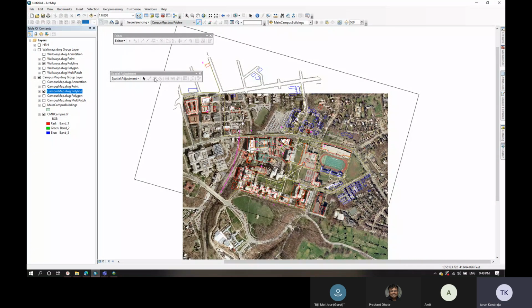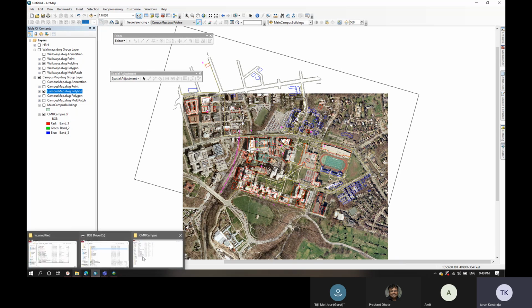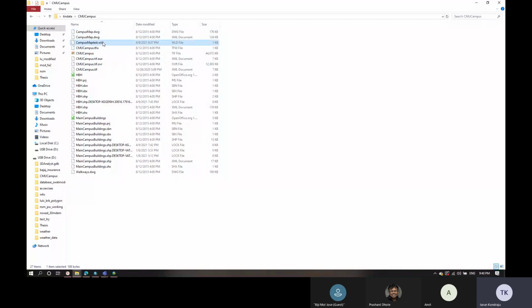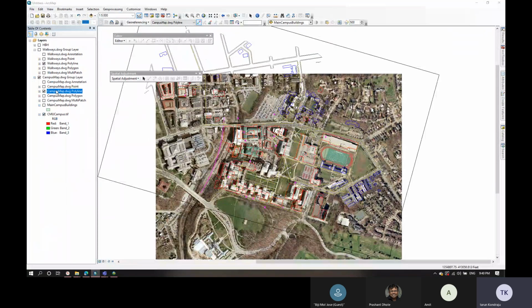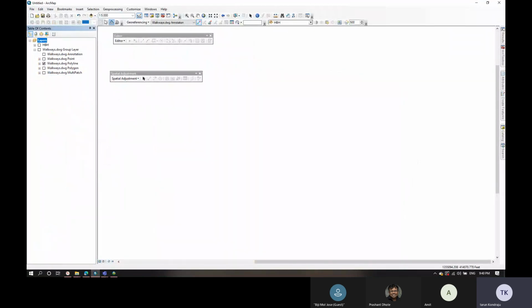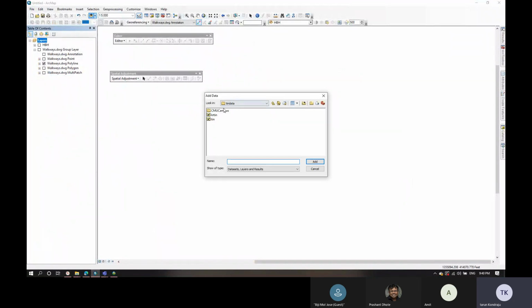Or else what you do, the minute you open the AutoCAD data into ArcMap, you just create a shapefile immediately, and then you can work on the data. Now I think I will show. See, WLD file has been created. So if I don't want this thing, I can just delete that. The process will go. Okay. So you can always go back to your